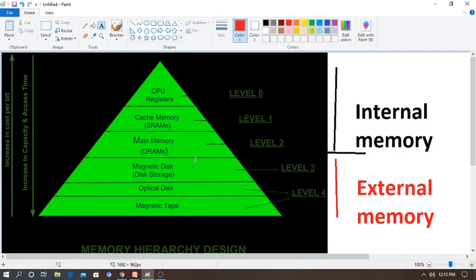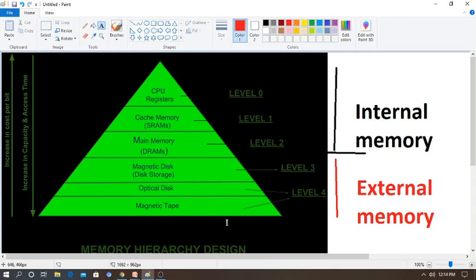When you look closely at the main memory, you can go into detail about semiconductor technology, because these memories follow semiconductor technologies. You can check everything there later. So you know about internal memory and external memory, and why we need them. If you have only the computer, what happens if you want to save a large amount of data? It is not possible. Whenever you have external memory in your computer, you can work flexibly with a huge project or document, and save and retrieve anytime. These are the basics of memory hierarchy design.